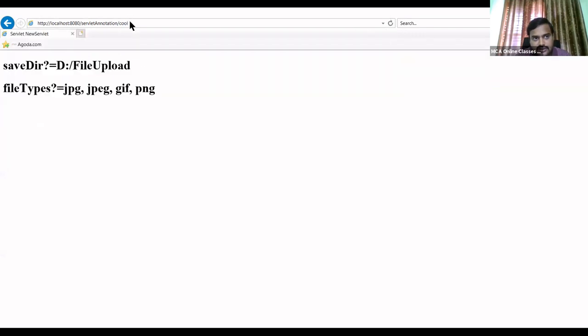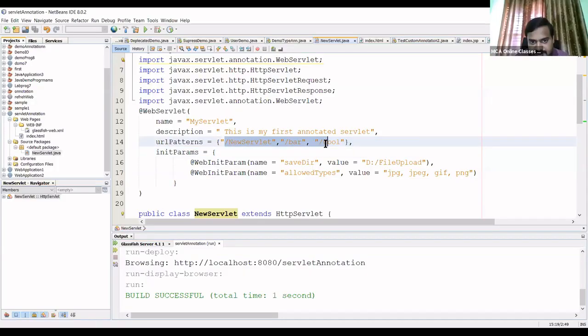See here, this URL pattern is also going to work. You can specify the URL pattern. See here, I specified three URL patterns. You can use this, or you can use this.